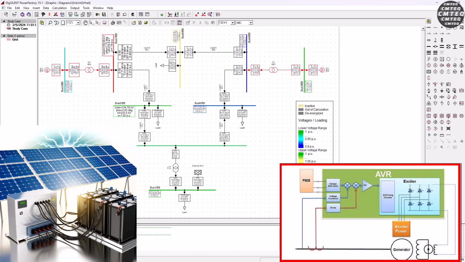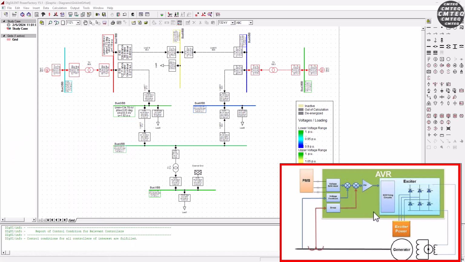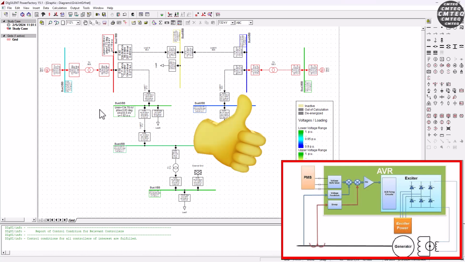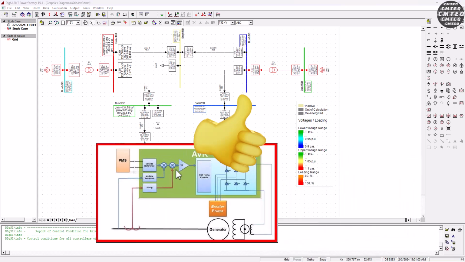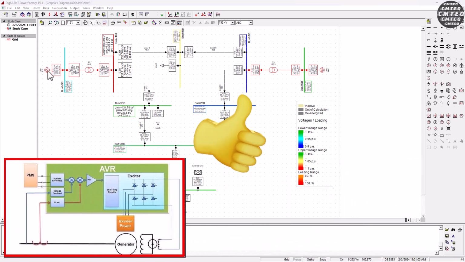So we need to start essentially by giving this generator some basic function, one of which will be the voltage control through an AVR. Now, if you want to know more about how an AVR functions and how it is integrated in a synchronous machine, please watch my tutorial on how generators control reactive power in a power system network. Right now we only have one simple task,